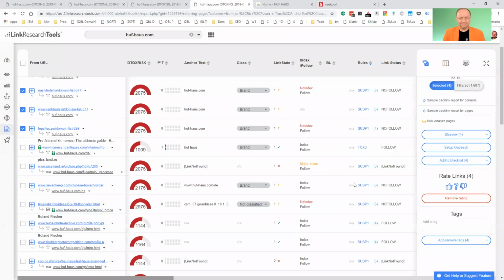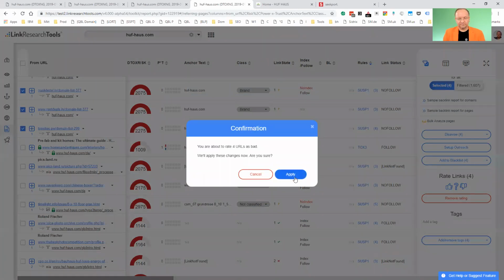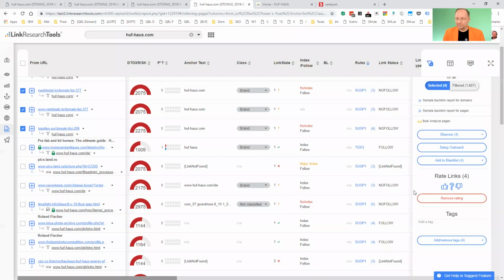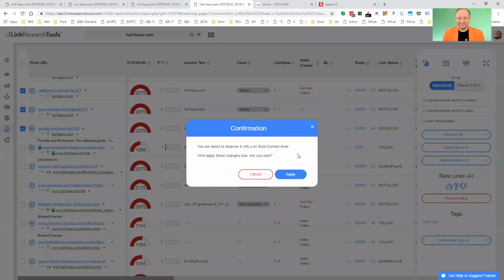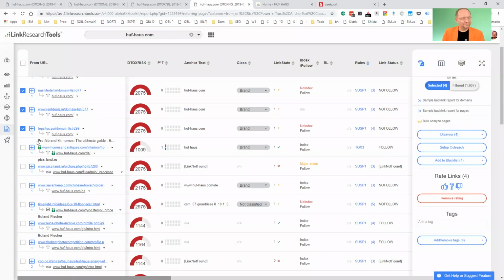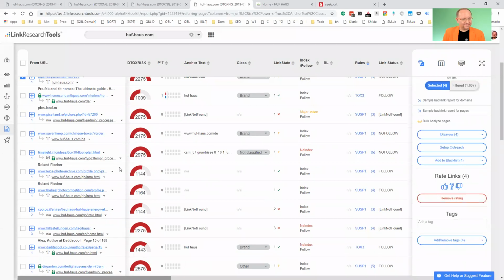For instance, when you look at a service from the Globe, I think, just add them all. Thumbs down. Oh, this is why I'm working with a bleeding edge here. Failed to save the rating, but we can disavow them on a root domain. So, next,